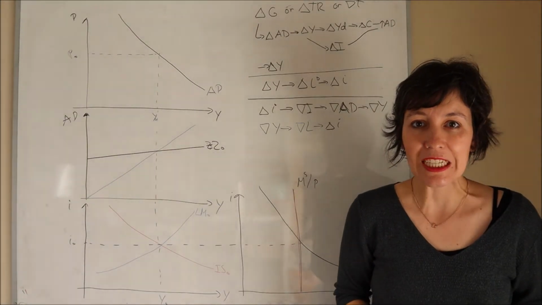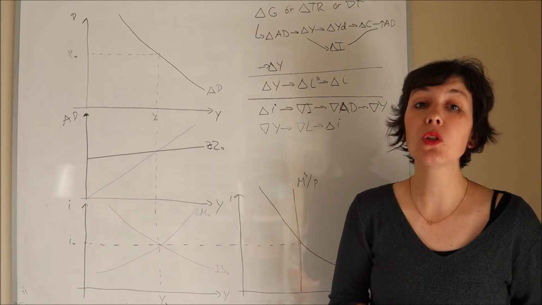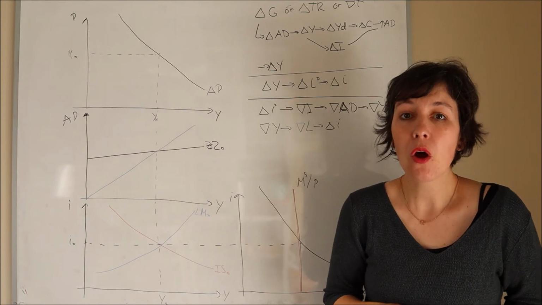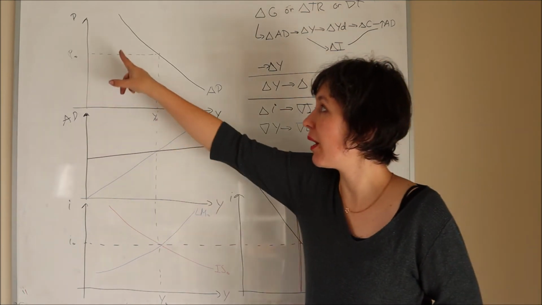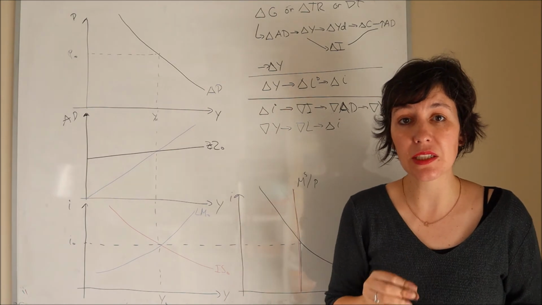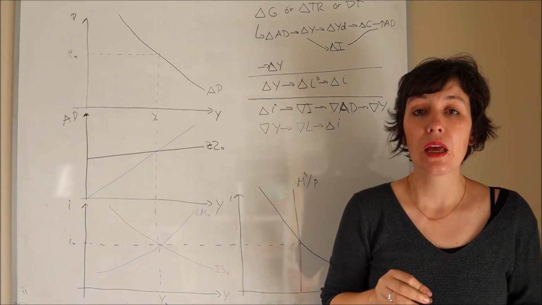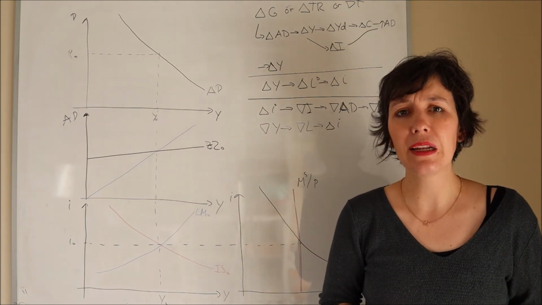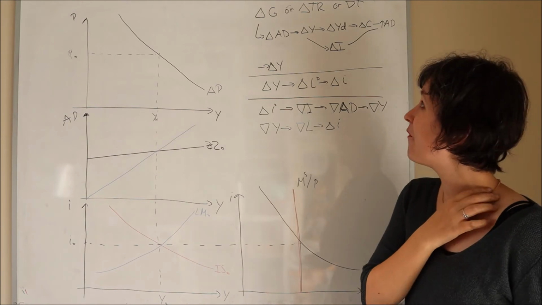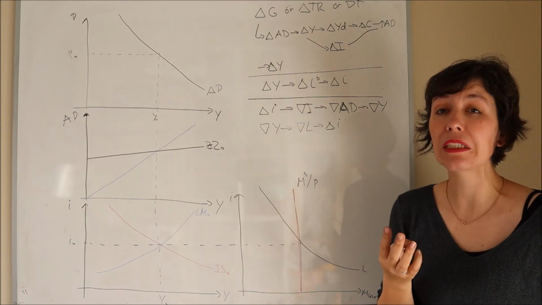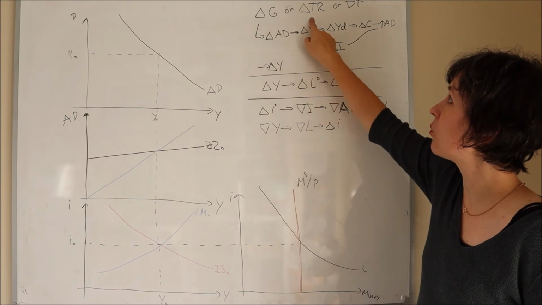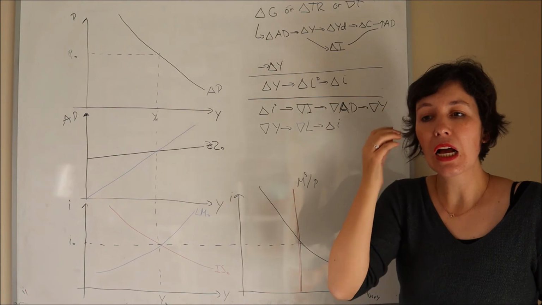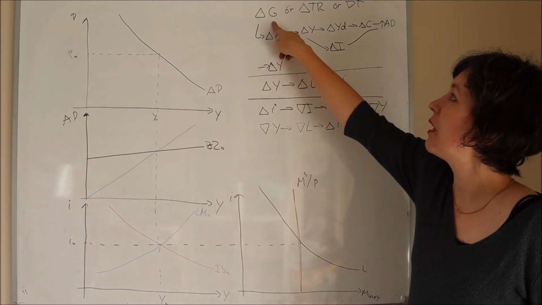Now we're going to see an example in which the aggregate demand shifts. This can be generated by many variables, all the variables that are different from the price. Just keep in mind that whenever the price changes, we are moving along the aggregate demand. Here, as an example, I consider a fiscal policy, more specifically an expansionary fiscal policy. For that, we have three possible alternatives: the increase of public spending, the increase of transfers, or the reduction of taxes, or any combination of them. Now I'm going to choose just one of them, the increase of public